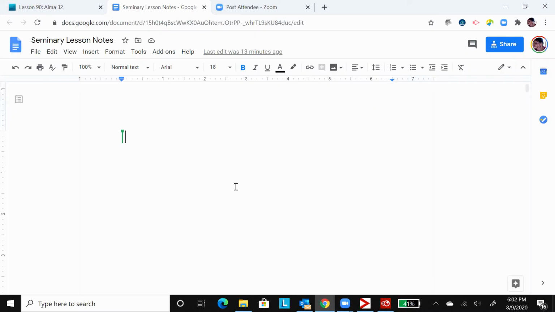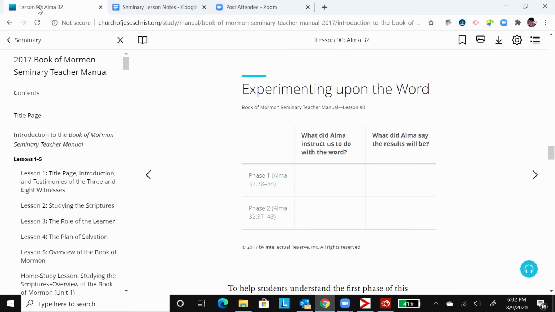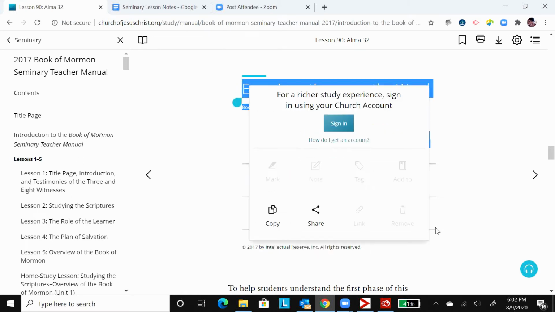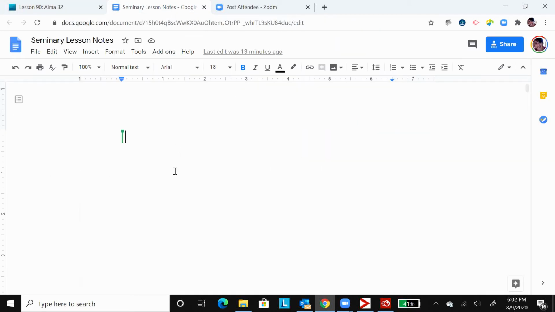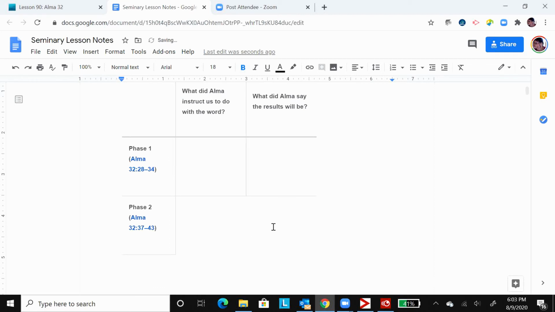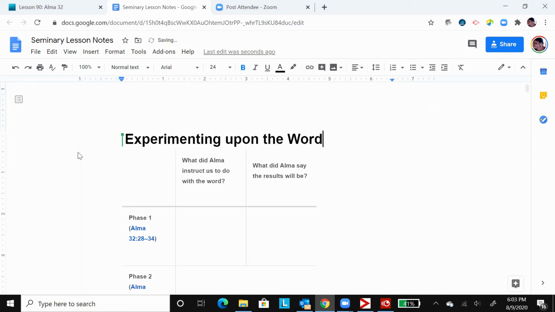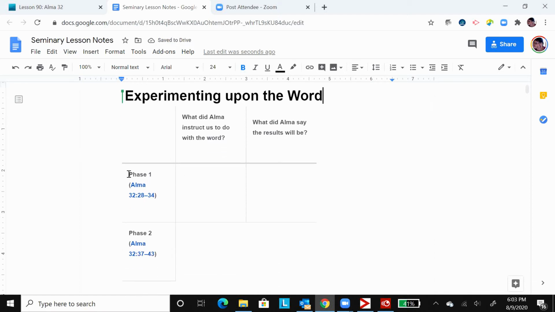All right, so once you have that set up, let's go over to one of our lessons, and we're just going to copy one of these charts. We'll paste it in our Google Doc. You can do any kind of editing that you want, something that would make it a little bit easier. You can reformat that. I'm going to go over here and add group 1, and then I'm going to add